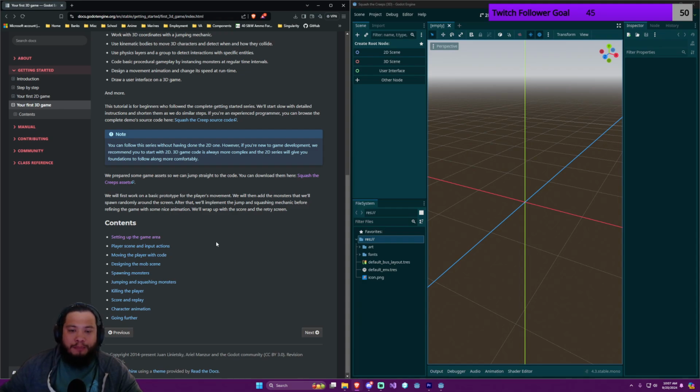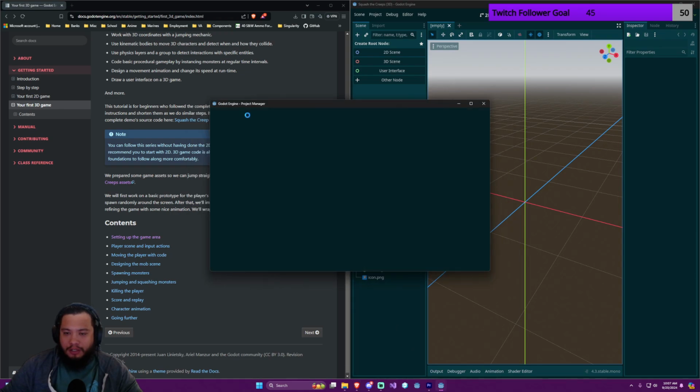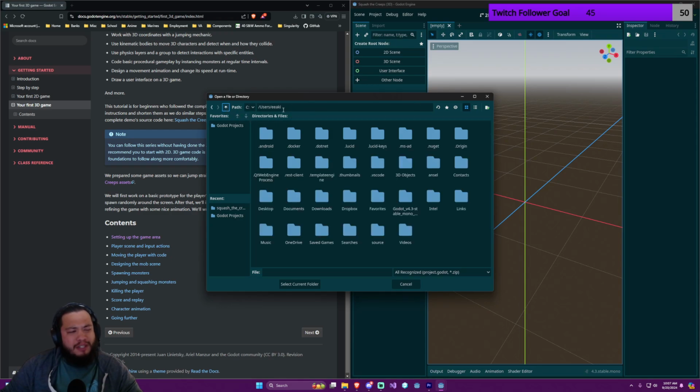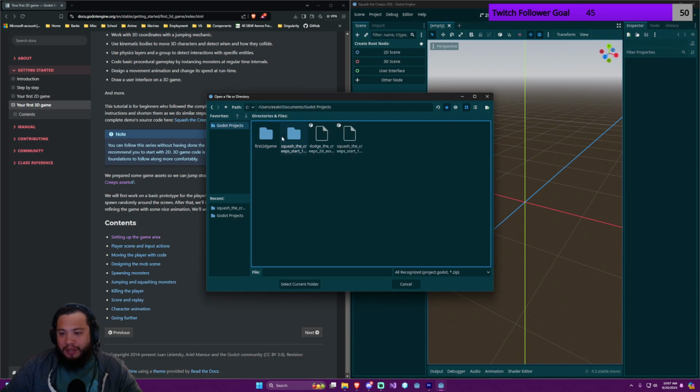So when you're on this screen and you hit that import button, you have to go to the correct place first. For some reason, it automatically goes to OneDrive, and I can't find a way to change the default path. I have no idea how. But anyways, I have it here. So after you unzip the file, you go in here, and then you double click on the project Godot,